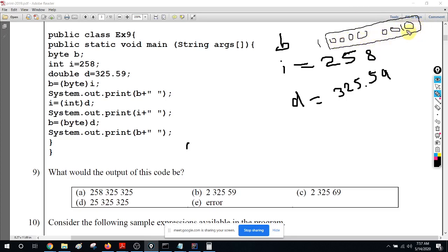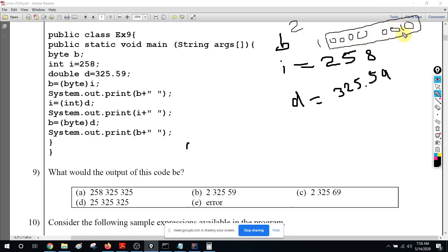That is 2. Now the value of b will be 2. The garbage value is 2 because byte variables can keep only 8 bits. It eliminates the leftmost bits. Now it is having 2.